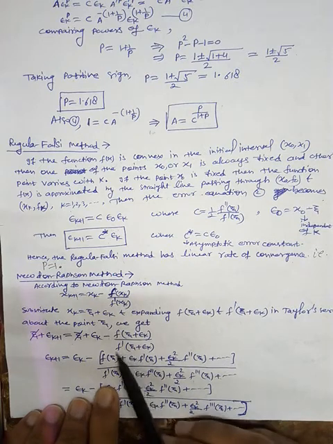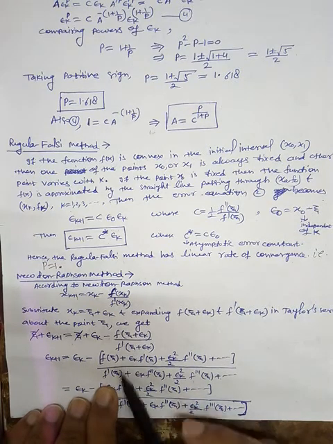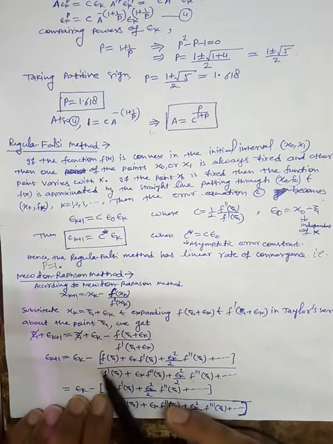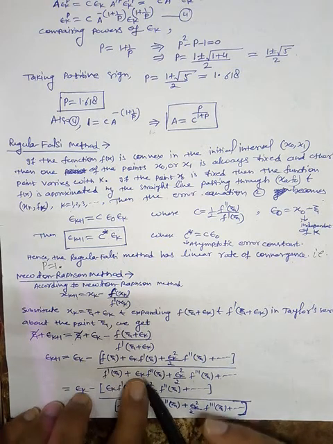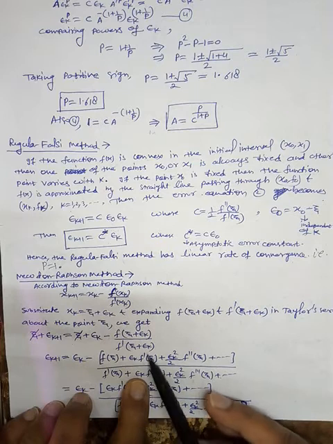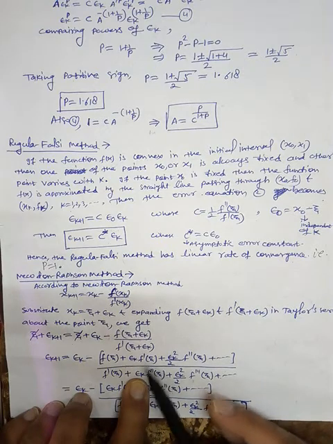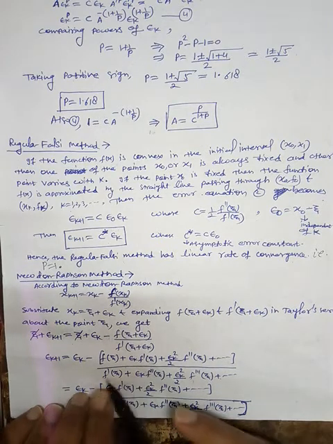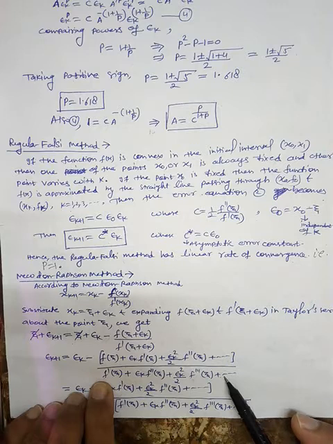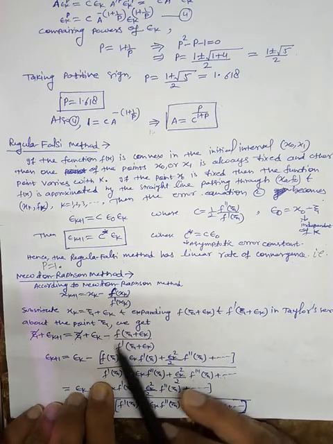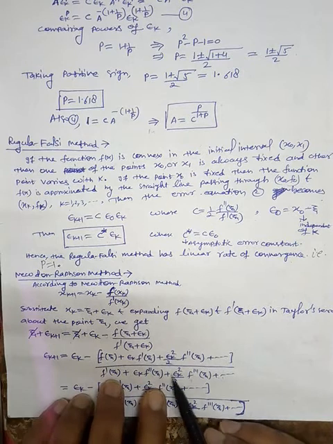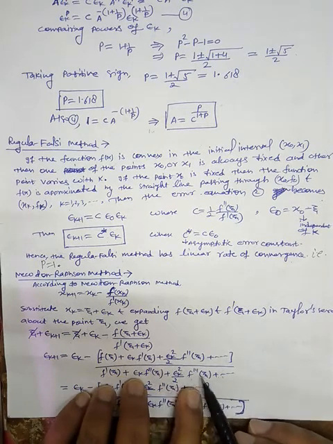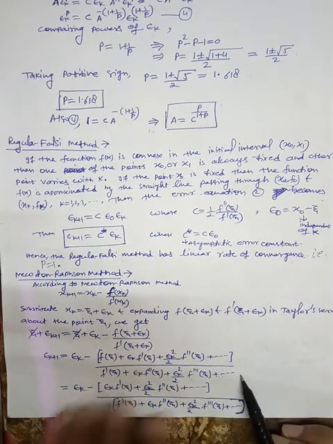Now here function itself is derivative, that's why in place of f, here we have f dash xi plus epsilon k. In place of first derivative, just like in previous expansion, here we will have second derivative. तो एक एक derivative बढ़ जाएगा because function itself is a derivative. Okay, so epsilon k f dash second derivative xi plus epsilon k whole square by 2, third derivative of the function at xi, and so on.